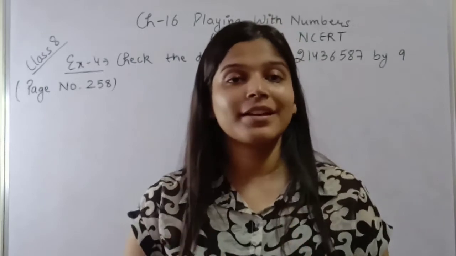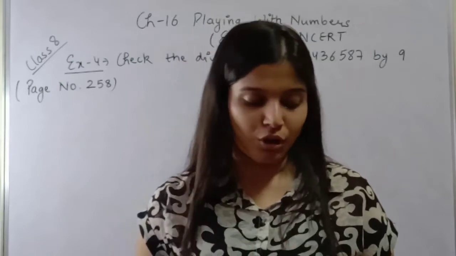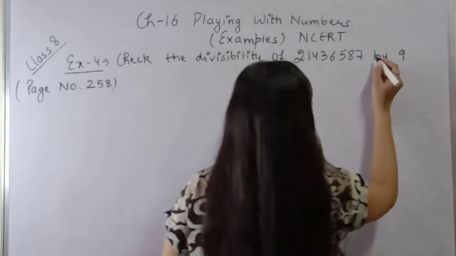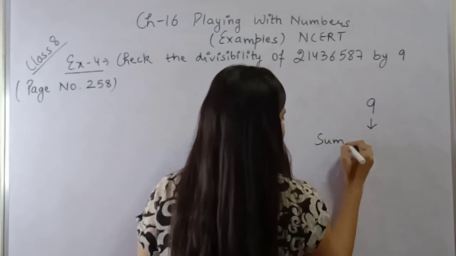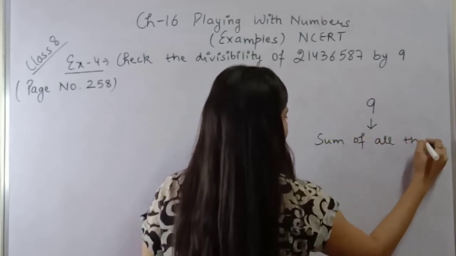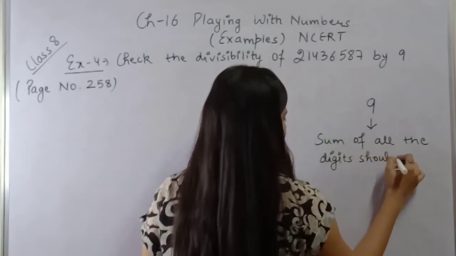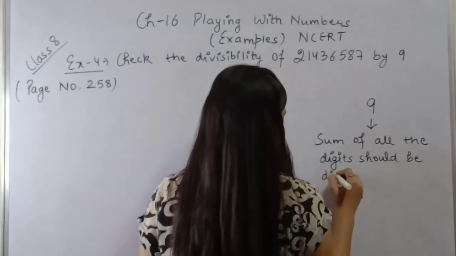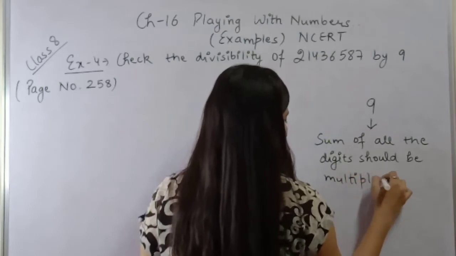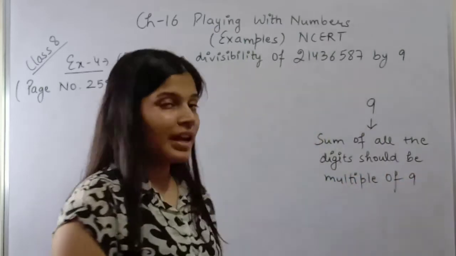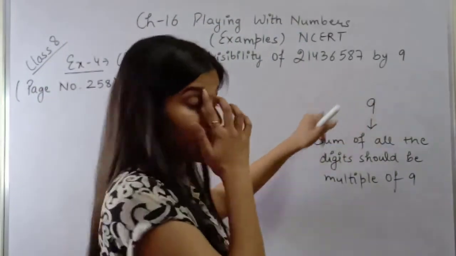we should know the divisibility test of 9, which says that the sum of all the digits should be a multiple of 9. So the divisibility test of 9 says that the sum of all the digits should be divisible by, should be a multiple of 9, we can say. अगर उनका सम 9 का मल्टीपल है, इट मीन्स वो नंबर भी 9 का मल्टीपल है, राइट? सो लेट्स ऐड ऑल द डिजिट्स ऑफ दिस नंबर नाउ.